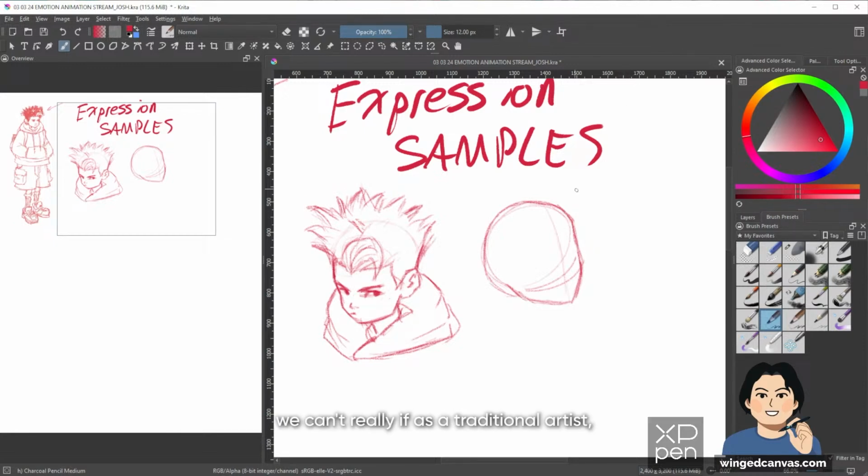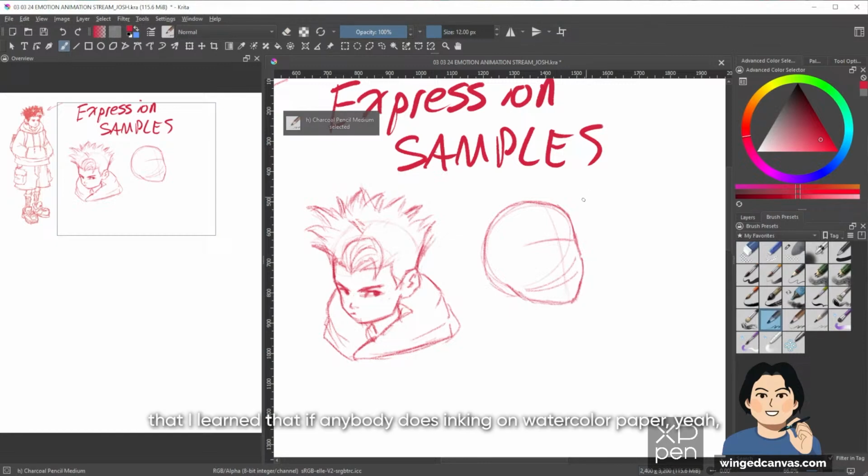Yeah, as a traditional artist, if you're drawing traditionally a lot, you don't have the liberty to erase too much, because eventually your pencil mark making will end up almost engraved onto the paper, so you have a little bit of a limit. And a cool thing that I learned, if anybody does inking on watercolor paper, like Faye says, you can use sandpaper.